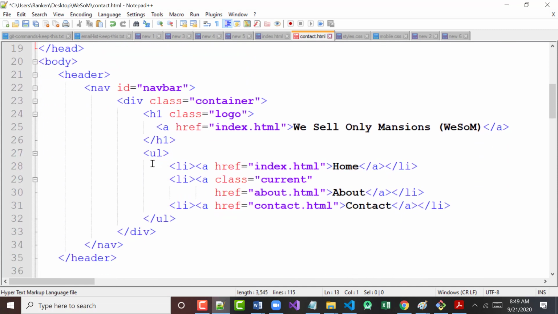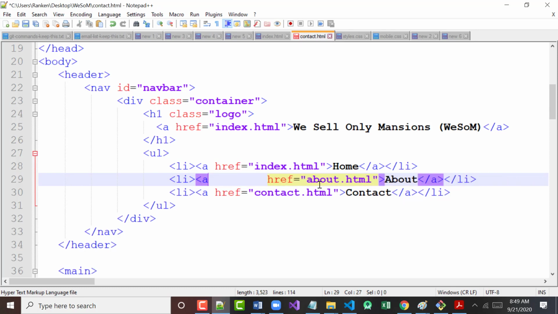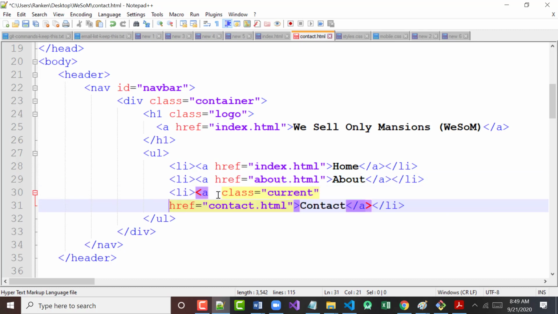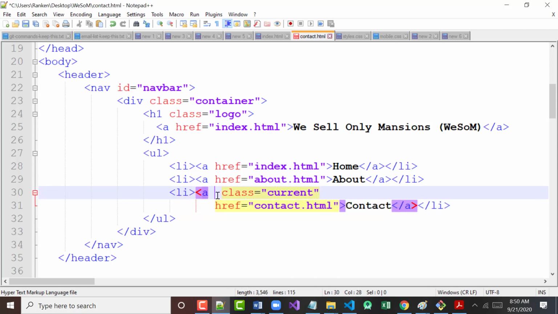Then, jumping into here, the nav bar. One change to make, where we've got here class equal current. We don't want that for our about anymore. We want it down here for our class equal contact. All right. Other than that,